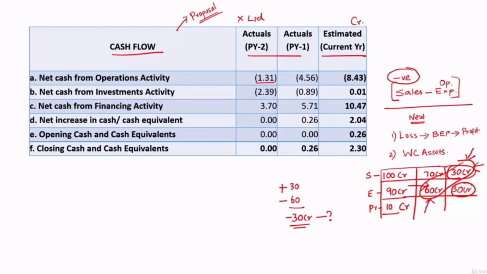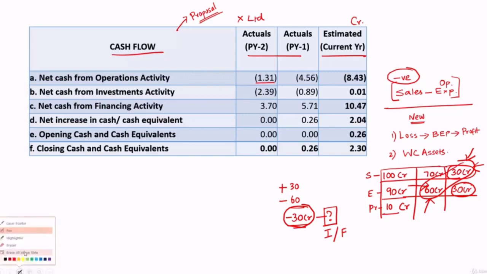cash that had gone out of the system is 60 crore, and all these are operational cash flows. So if you look at their net cash flows generated from operations, they have actually paid 30 crore more. So from where did they get the money? They got money either from cash flows under investment activity or cash flows under financing activity. Those kinds of questions will get answered when you analyze the cash flow statement.